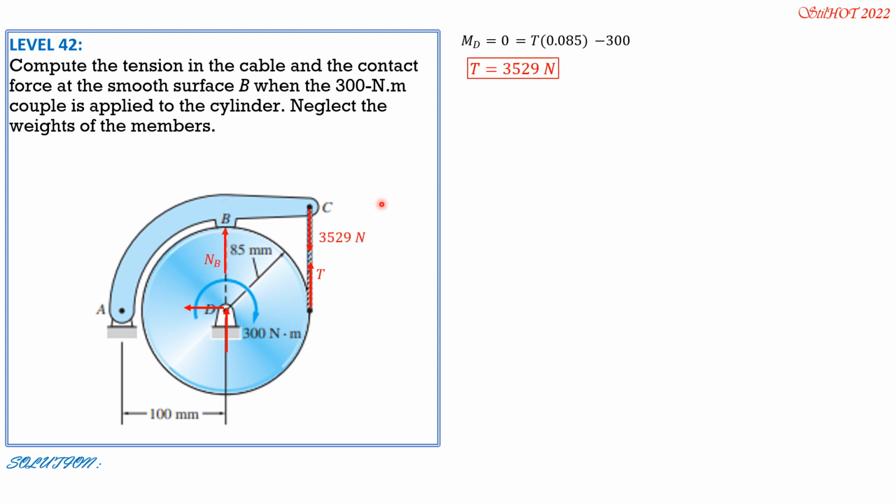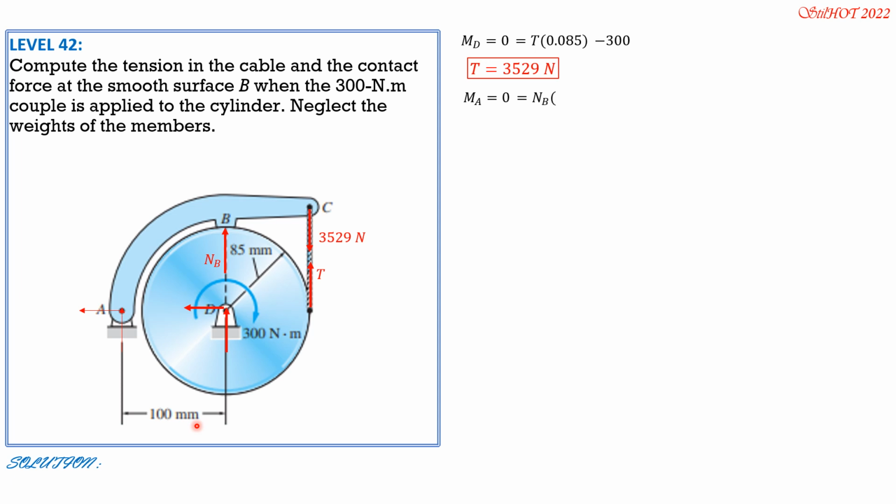Let's consider portion ABC rather. So this is the tension. We sum up, we set moment at A to 0. These are the component reactions at A, which we will not name because they are not important, because we set MA equals 0. So counterclockwise positive. So we have NB times